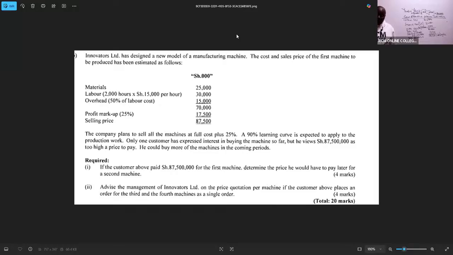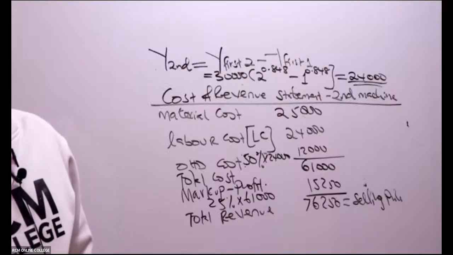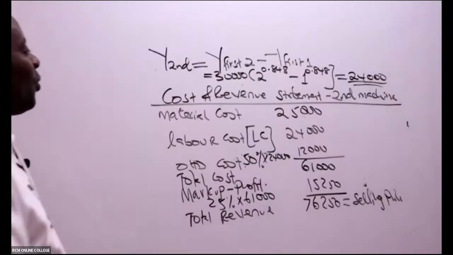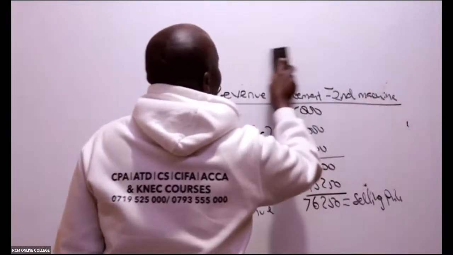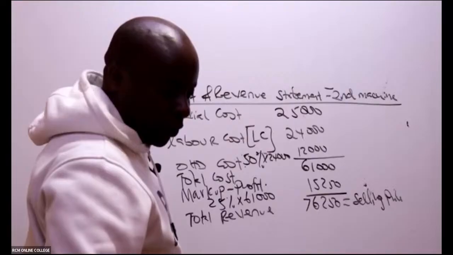So can you now allow me to do the write-up now? Can I go ahead and solve the question now? Yeah, the prices, that's a very good observation. The price reduces. The more units you order, the price reduces, because of what? Learning. Thank you so much. Ladies and gentlemen, that was great. So what I need to know here, they want us to give them y for the 3rd and the 4th.